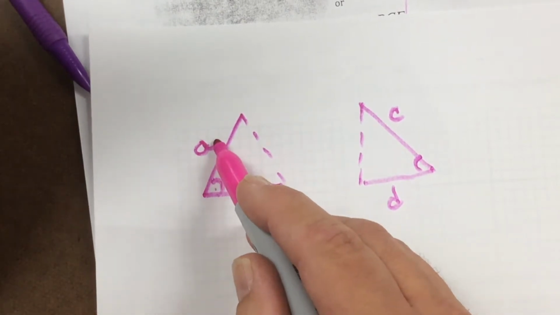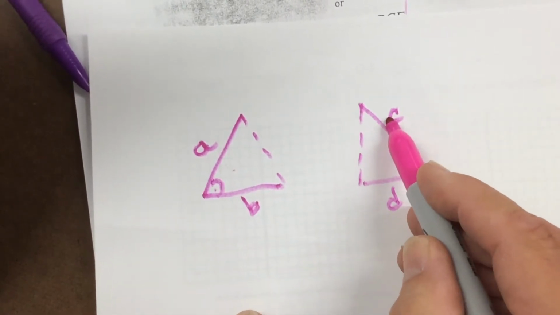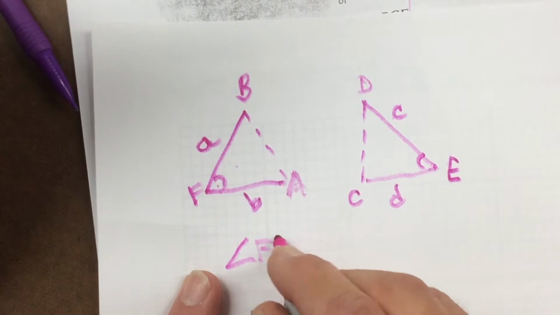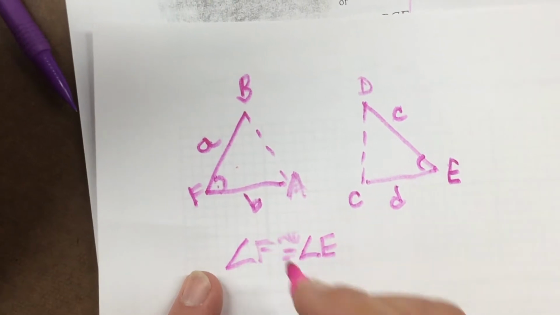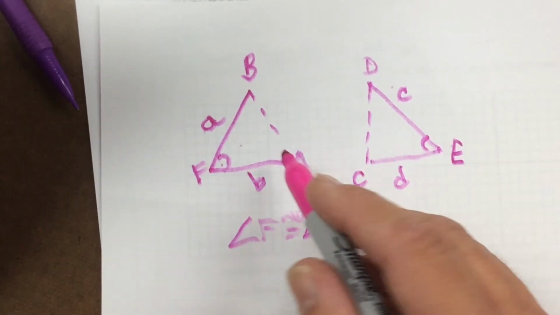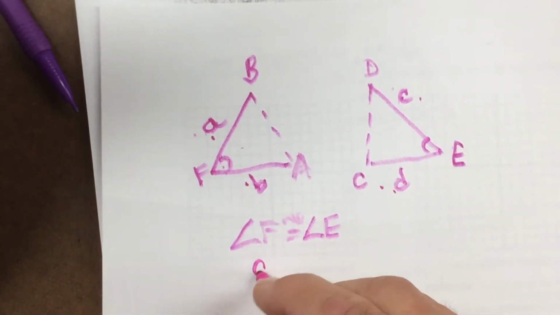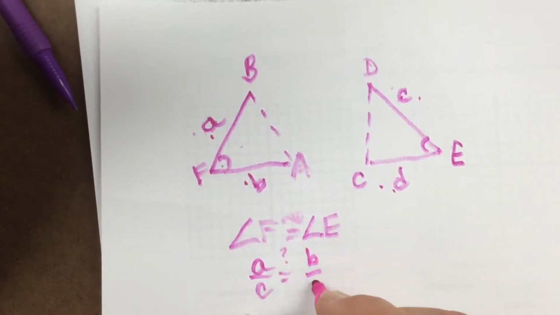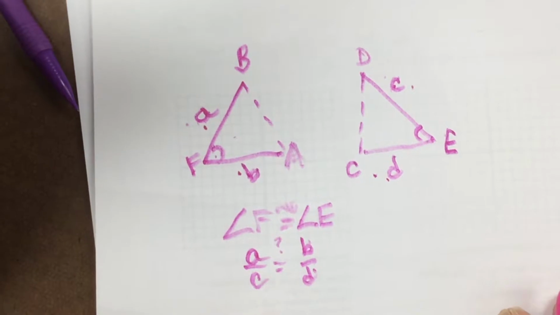But if you have a side, an angle, and a side, that correspond to a side, an angle, and a side, if you can show me angle F is congruent to angle E, however you show me, whether it's because it's given or because they're vertical angles or whatever, if you pick the small one of these and compare it to the small one of these, let's just for the moment say it's A over C, if that's equal to B over D, this would be the large one and the large one, if those two things are true,